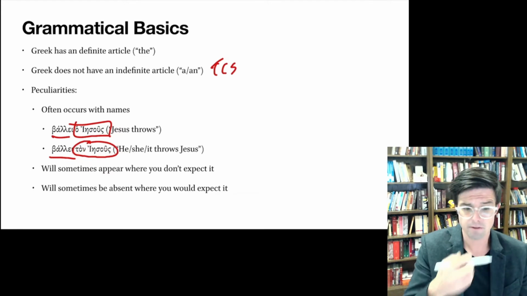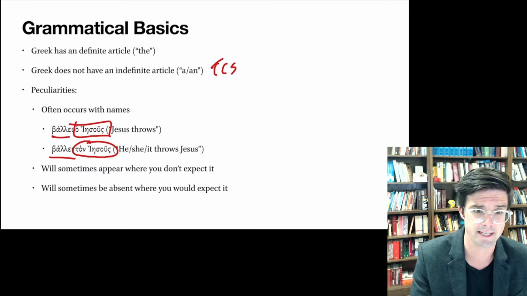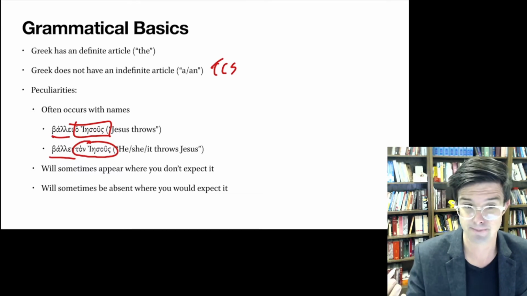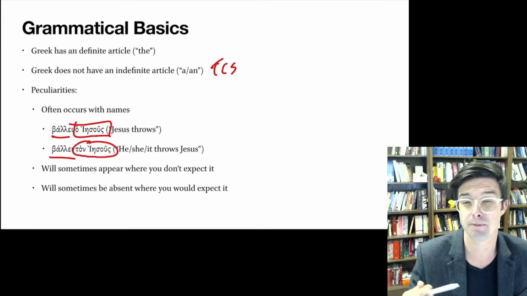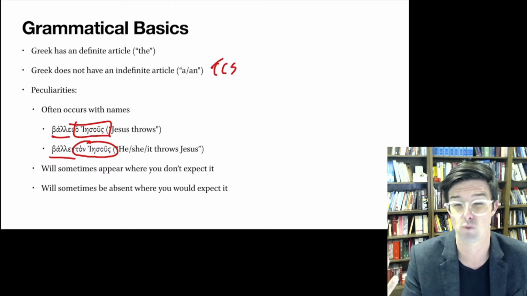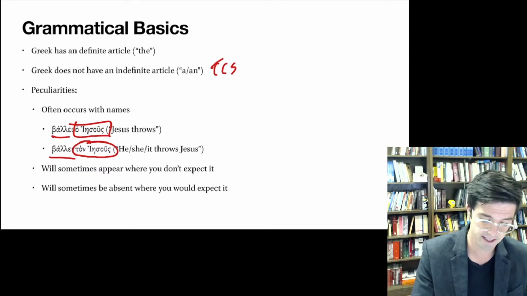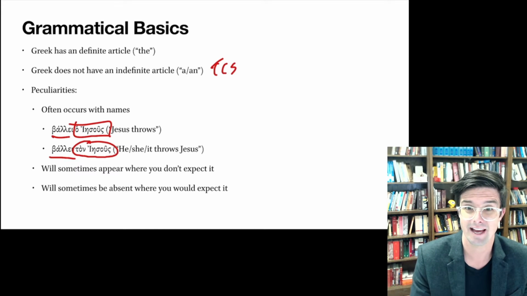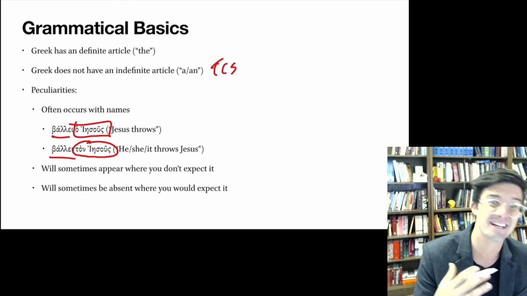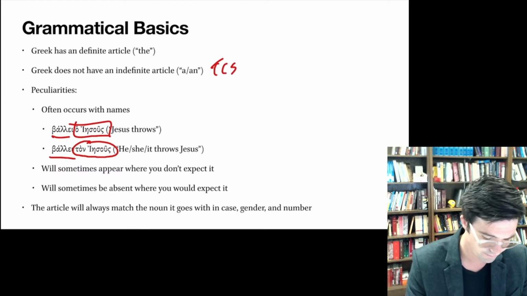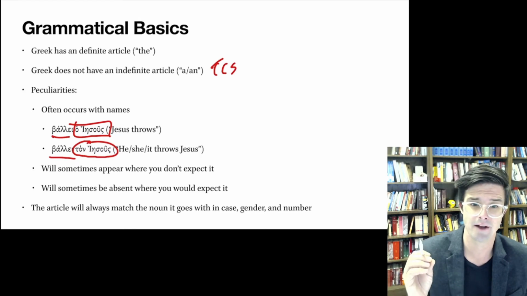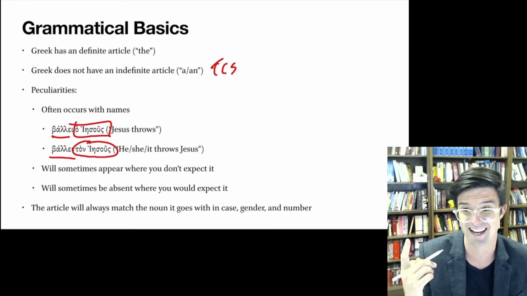And further sort of peculiarities is that we'll often find the article in places where you might not expect it, and sometimes you won't find it in places that you do expect it. And some of our advanced grammar might give you a better sense of why that is the case, but it's important to just recognize that you're going to find the article in unexpected places, and you're going to not find it in expected places. And lastly, the article is always going to match the noun that it agrees with in all three: case, gender,